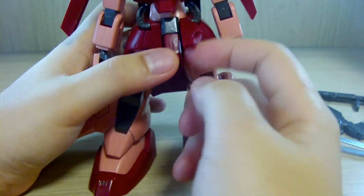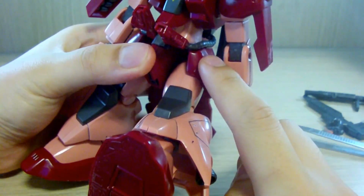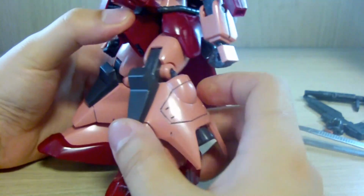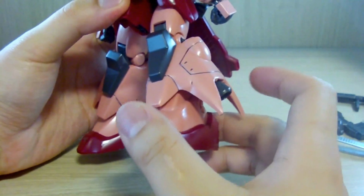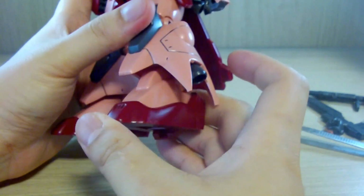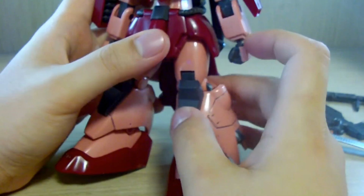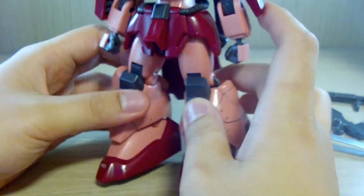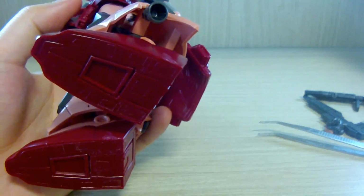Nothing too special going on. I mean, the front skirts are separate pieces, but you're supposed to go forward, but because of the non-moving side skirt, this is as far as you go, with less than a 90-degree bend and ball-jointed feet, and that's pretty much it. No side swivels because they're all just the old style pegs on the waist, but thanks to the gigantic feet, you don't have any